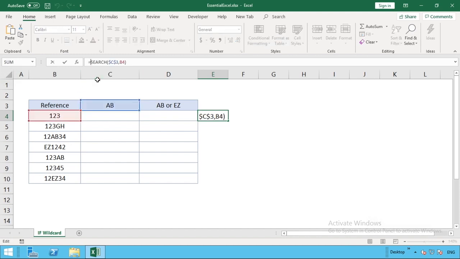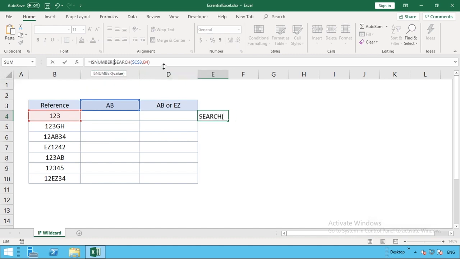So there's two options you could use here. You could use isError, which is going to give you the same result, but for this purpose we're going to be using isNumber, because for our purpose here we're trying to find a reference number in our search function, so it just works really well to make sure it's a number that's getting fed in. So all we need to do is at the beginning of our search, obviously after the equal symbol, type isNumber,